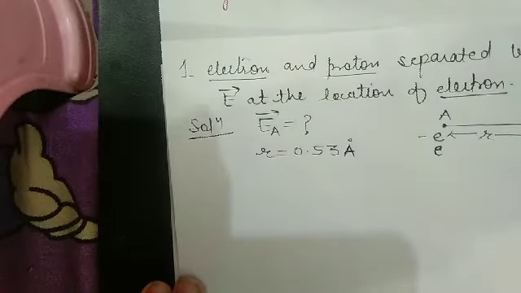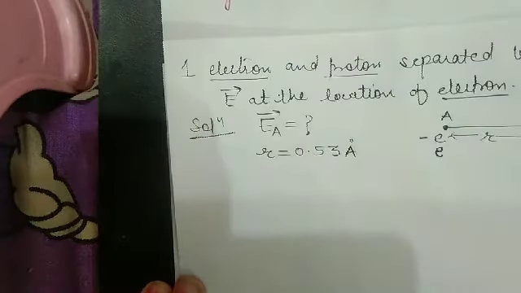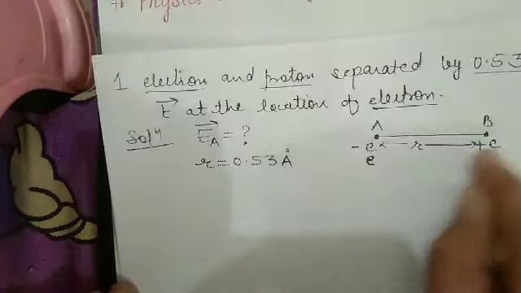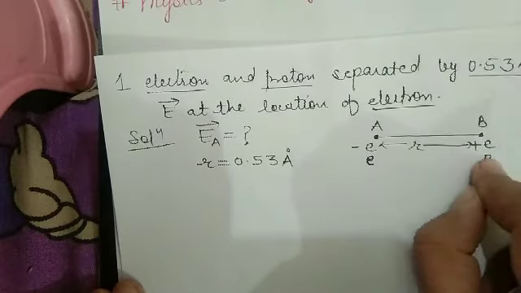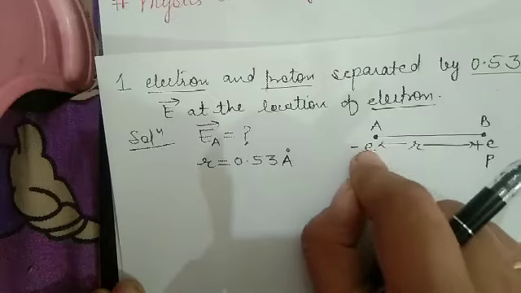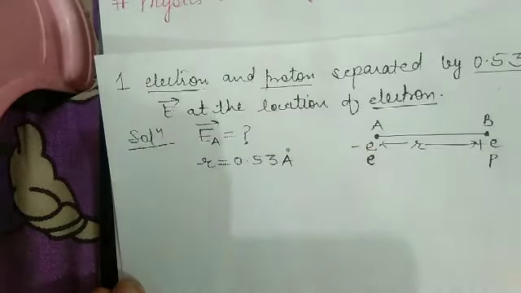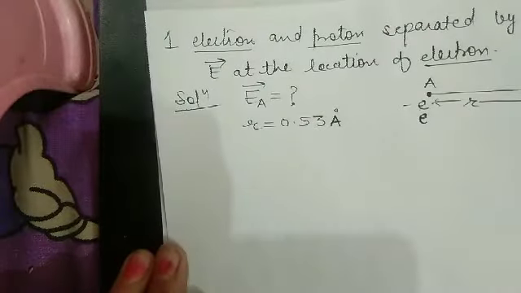Being a vector quantity, we have to judge the direction of the electric field also. As at this point the charge is positive, the electric field on this negative charge we have to find out. Okay, so let's start the mathematical section.